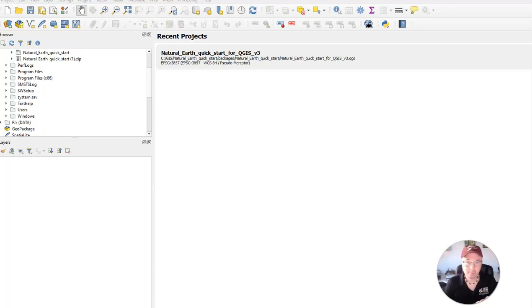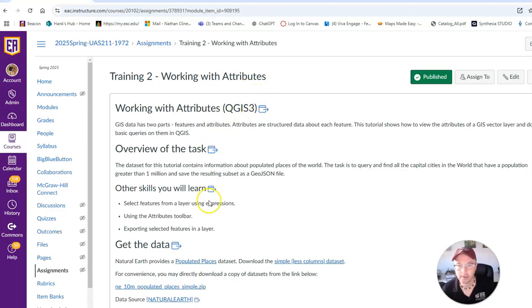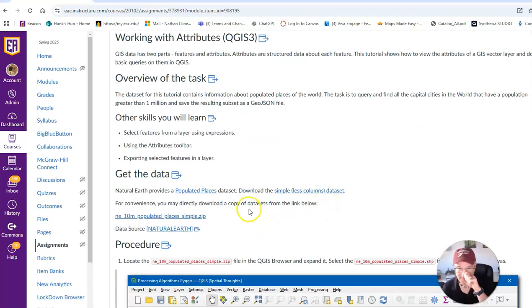So welcome to Lab 2 in our QGIS tutorials, and in this lab we're going to look at attributes. In any map they have different attributes or parts to the map that we're going to investigate. In order to do this, we need to follow the link in our lab. So our lab looks like our training 2 has this information on it, and it invites you to download this